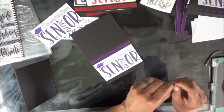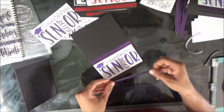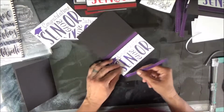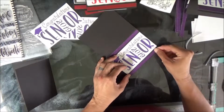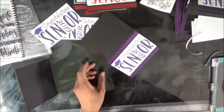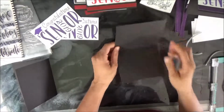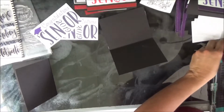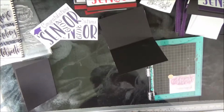So these cards went really, really fast as far as making them, and didn't take any time to print them, obviously. So I'm going to line it up here on this side and trim it out. So that's the front of the card. Super duper cute. Then on the inside, what I've done is have this little stamp positioning tool,